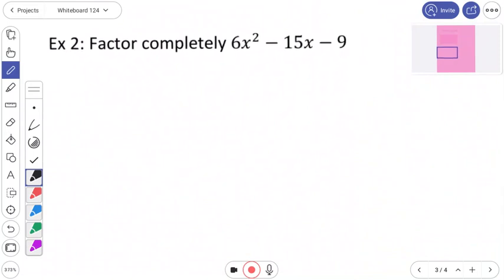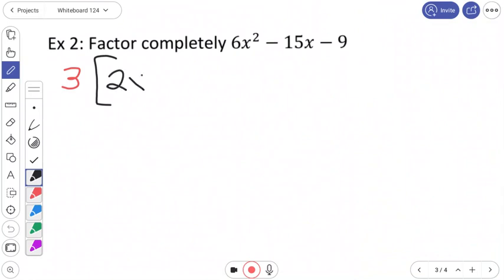Factor completely 6x squared minus 15x minus 9. When I look at that, I want to check for a greatest common factor. I look at all of my number values, my coefficient and my constant, and I see that 6 and 15 and 9 are all divisible by 3. So I am going to factor out a 3 to begin with, and then I'm going to use a bracket to leave what's left over. Since I know I'm going to be using parentheses again anyway, I don't want it to look too messy or confusing. So if we factor out a 3, that leaves us with 2x squared minus 5x minus